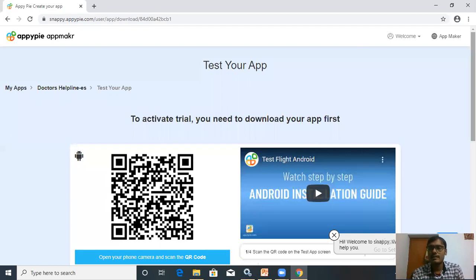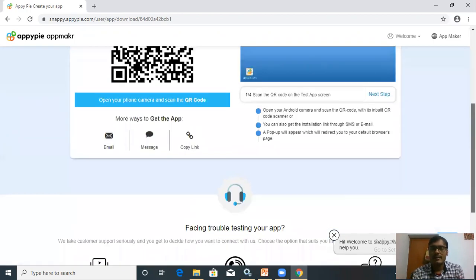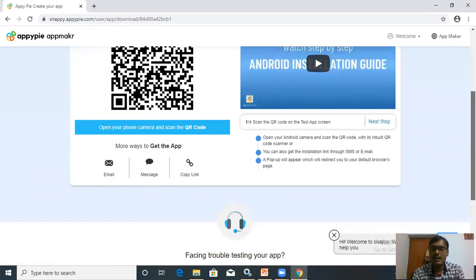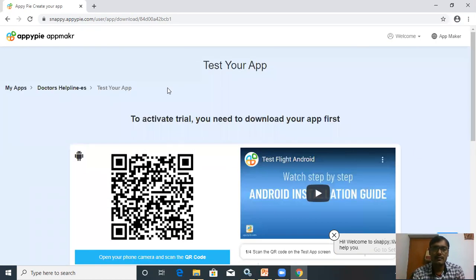You can see here you can also contact AppyPie. You can see this phone number is also given here. Chat support is also available here, and the Android installation guide is also available here. First you have to log into your account, and then you can test your app, and then you can upload this app on Google Play Store, and then you can use it.